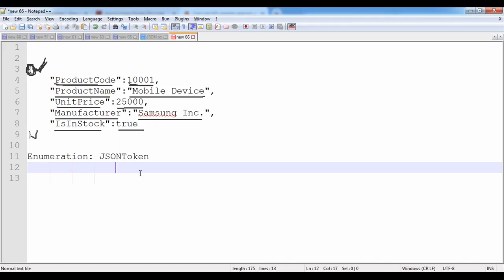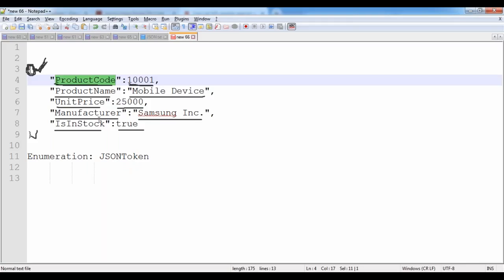Okay, in order to identify what exactly the current content is, is it the starting of an object, is it the ending of the object, is it a key, is it a value, is it the starting of an array, is it the ending of the array? That is what we need to identify. So in order to identify the current token